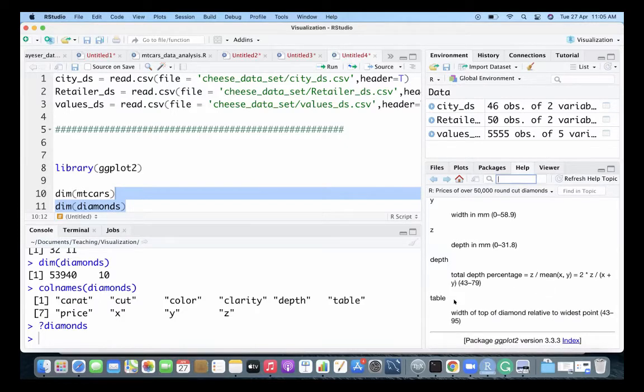And table is basically the top of the diamond, how big or how flat it is.